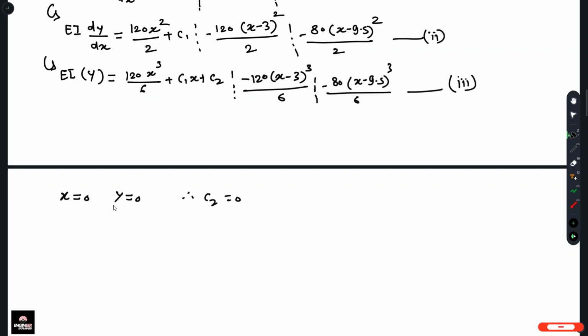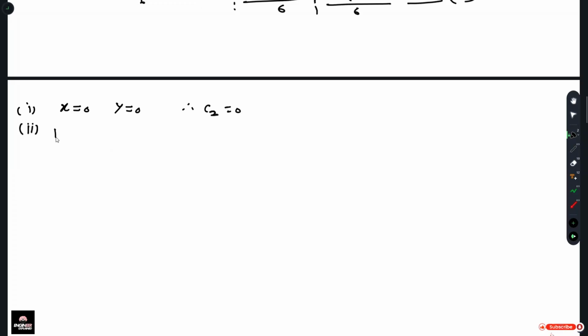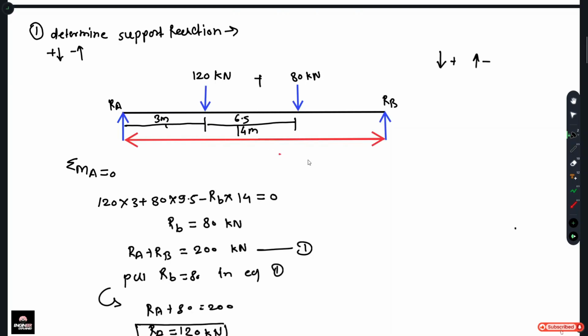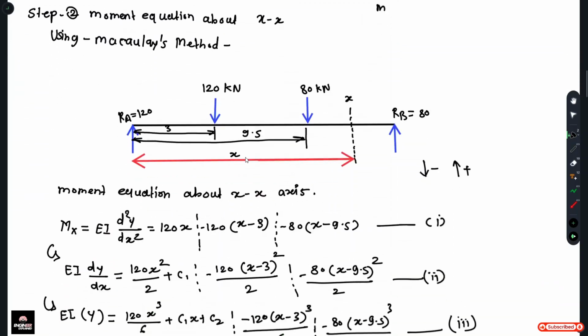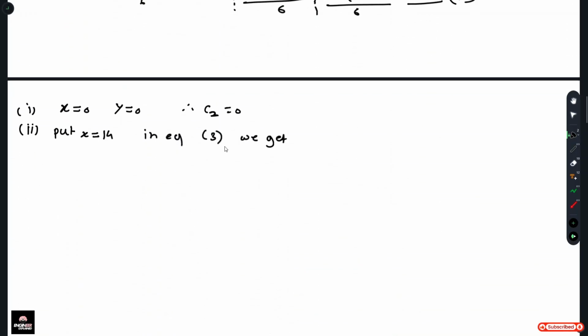Now put x is equal to 14 in equation 3, since the total length is 14 meters, and we get 0 is equal to 120 times 14 cube upon 6 plus C1 into 14 plus 0